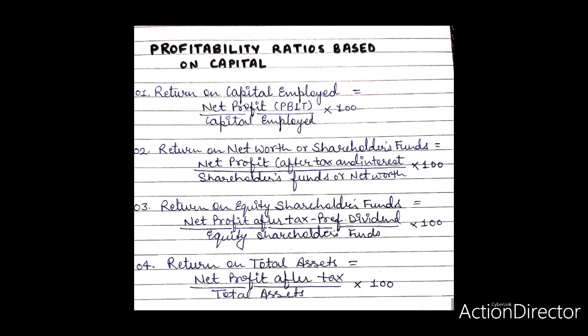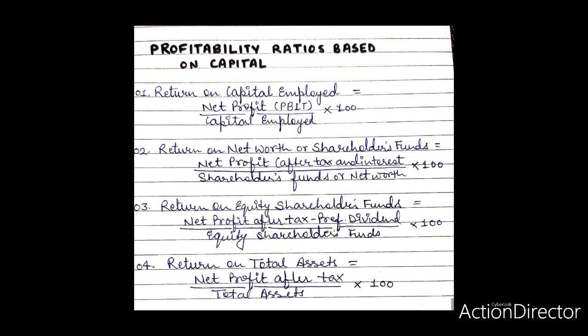Significance. This ratio measures the amount of earnings for each rupee that the shareholders have invested in the company. The higher the ratio, the more favorable is the interpretation of the company's use of the resources contributed by the shareholders. This ratio can be compared with that of other units engaged in similar activities, as also with the industry average.